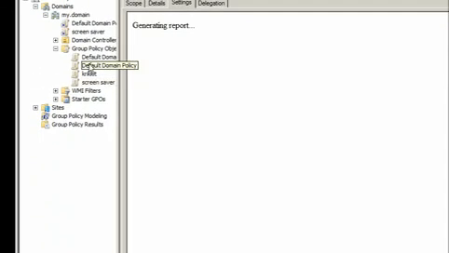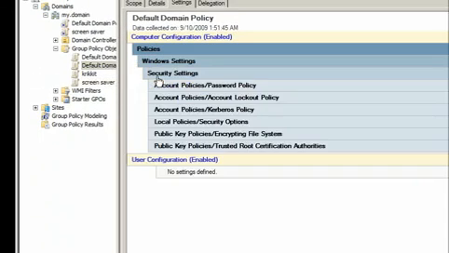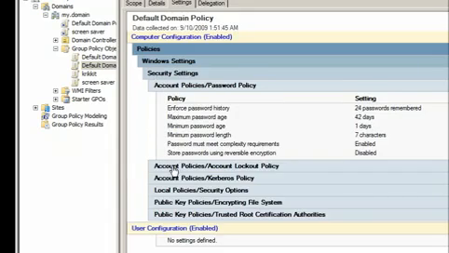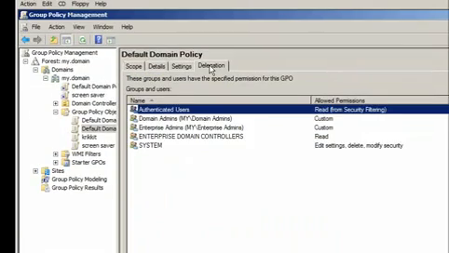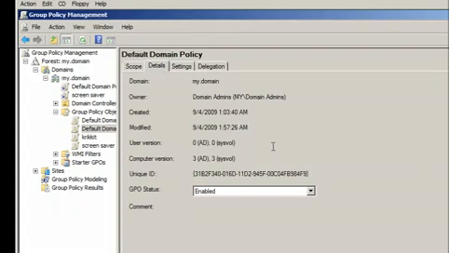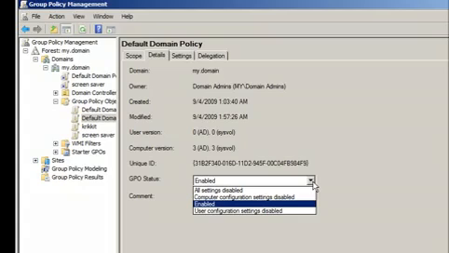So if I go to default domain policy, it'll show what settings are actually set in this policy. And it also shows who has permission to modify this GPO, and it also shows that it's enabled, and I can modify it with turning it off on the computer